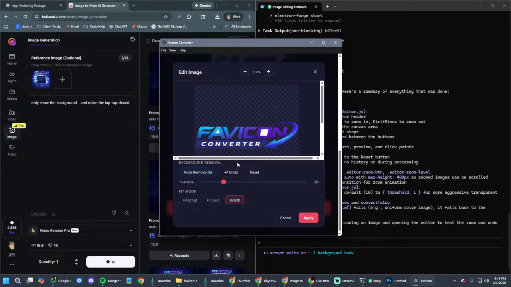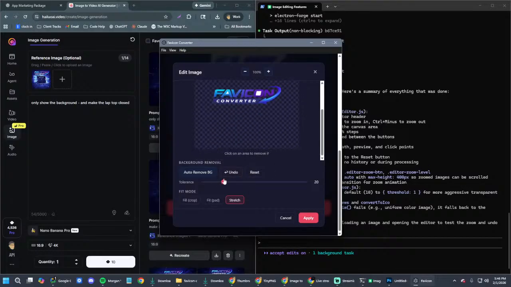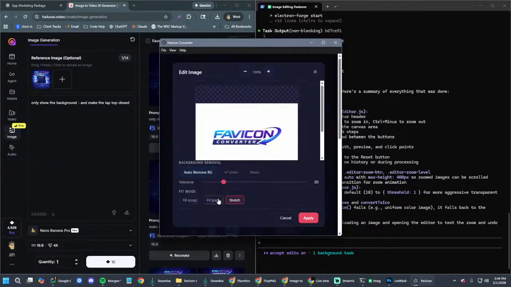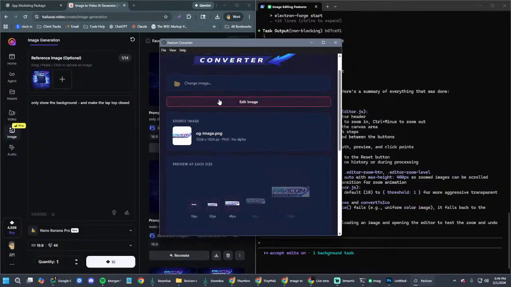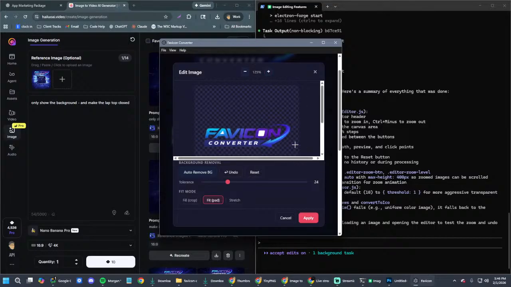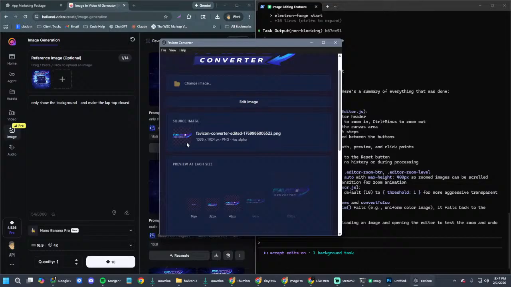All right. Now when I hit this fit pad, what I want it to do is just force it to fit the pad. Fit mode, I don't even know why I would want to stretch these. I don't think I would want to stretch them. All right, let's hit apply real quick. And this is all stretched. All right, go back to edit, fit pad, apply, and then it has that padding. But if I go back to edit image, and then remove the background, and then we zoom in. Zoom in is like moving the thing, or let's see, and then I go to apply. Yeah, so